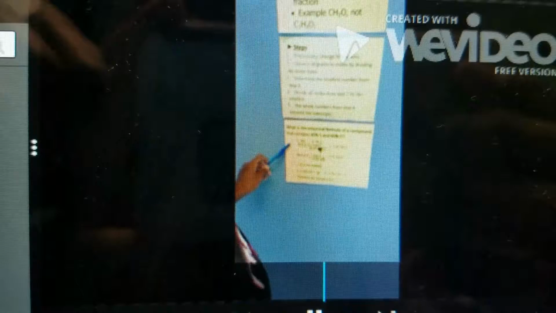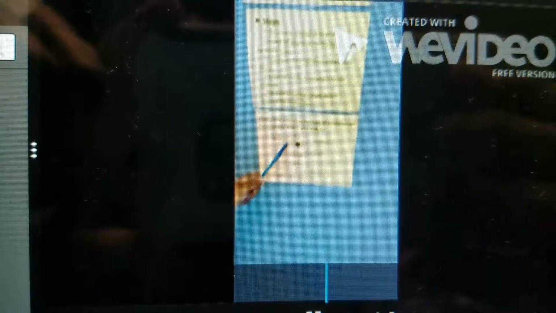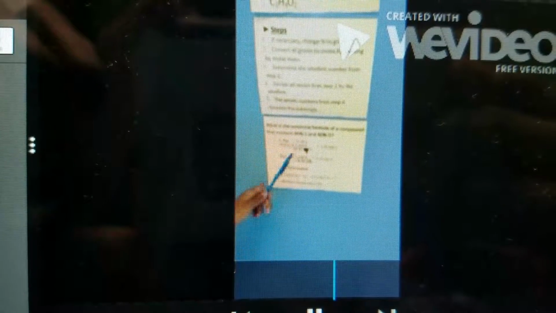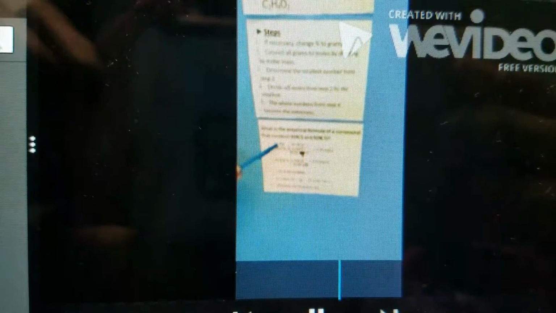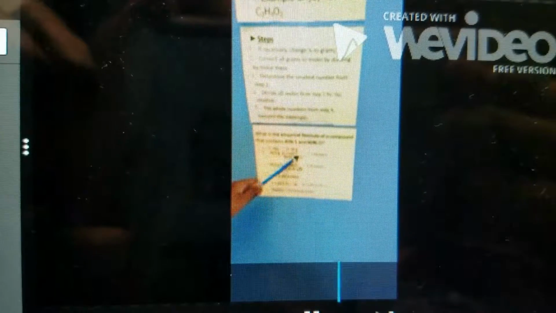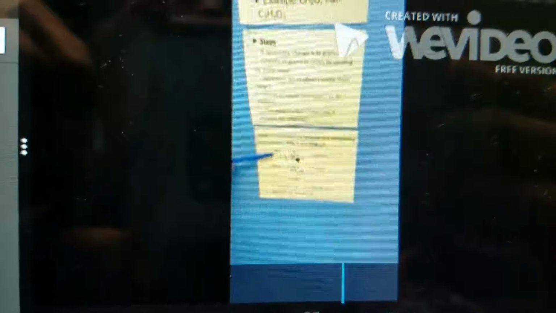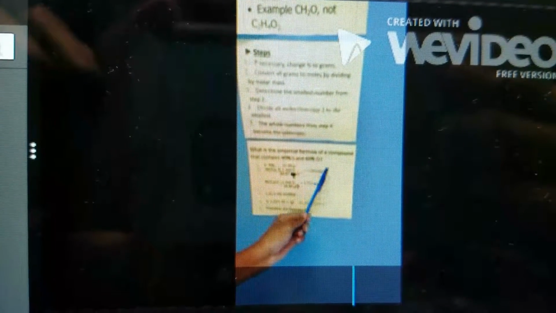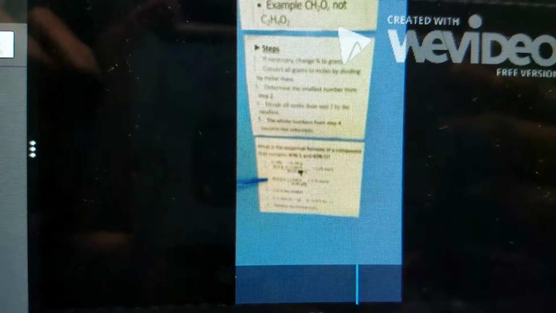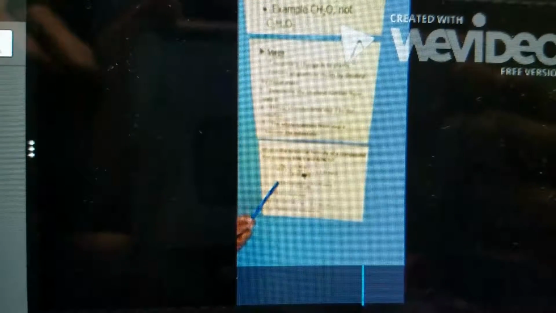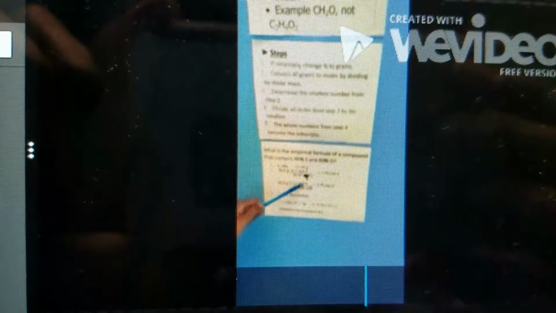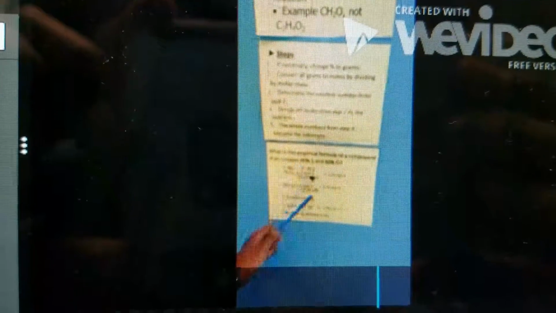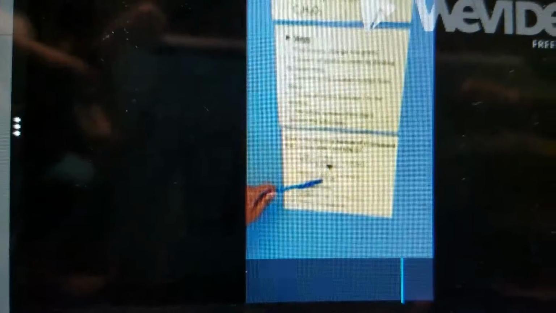And once we do that, step 2, you're going to do the dimensional analysis, and you're going to put the 40 grams here, and then 1 mole here, and then you're going to take the mass of sulfur off the periodic table, and put it in the bottom one right here. And you're going to multiply this by this, and then divide it by that, and you get 1.25 moles of sulfur. And you do it with the oxygen as well. You take the 60 grams in here, the mole, and then the mass at the bottom. You do the same step here, multiply and then divide by the mass,